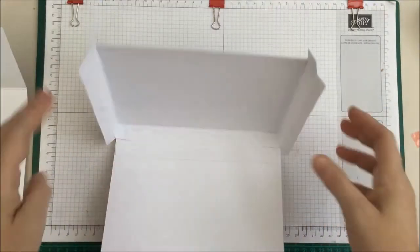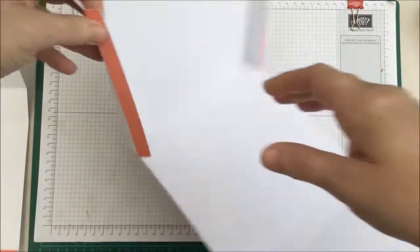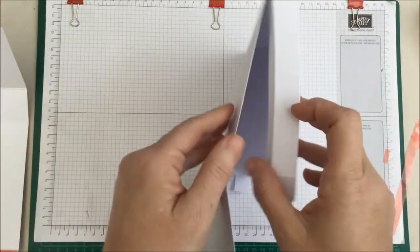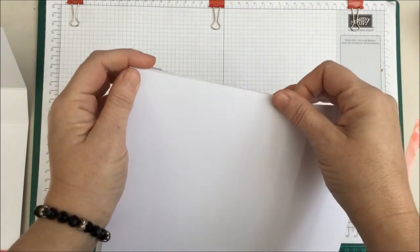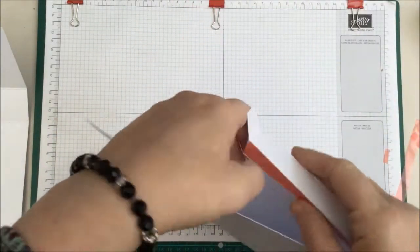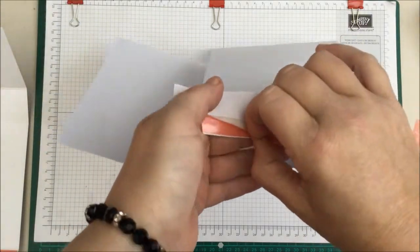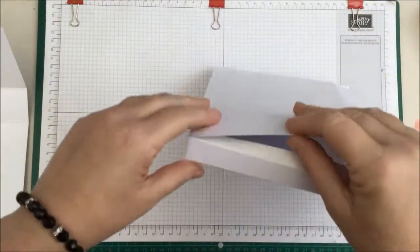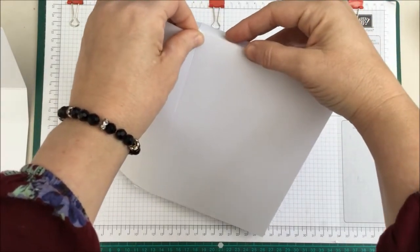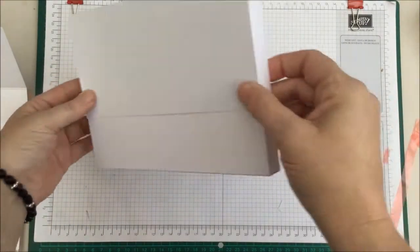Right, so now we have this weird and wonderful looking contraption like that, and I am now going to stick these. It's actually a very easy box to make, and make sure that that is as straight and flush as you can make it. Okay, and pull that bit off again. Right, so we are going to get ourselves in a twist by turning and turning the box. So I'm going to get that lined up there like that, and that is what looks like a very boring